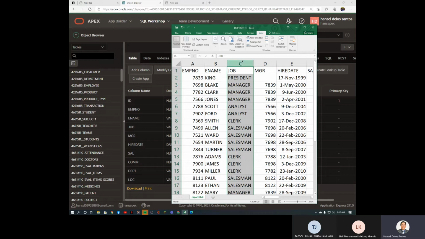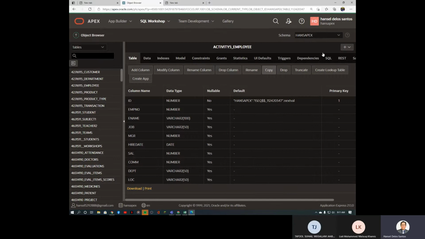And we will make this one as job ID here. Automatically, it will come as a foreign key. At the same time, this will become a separate table. We will name that one as activity5_job. Okay, how to perform that one? We will go to this functionality here, create lookup table. If I click this one,